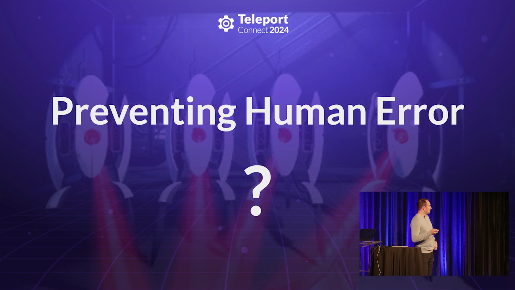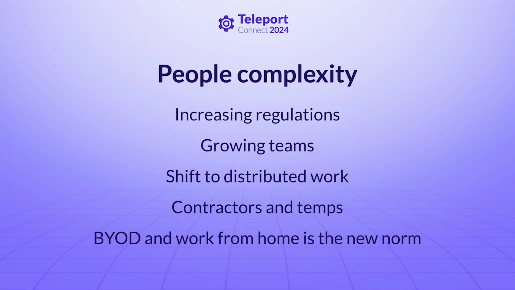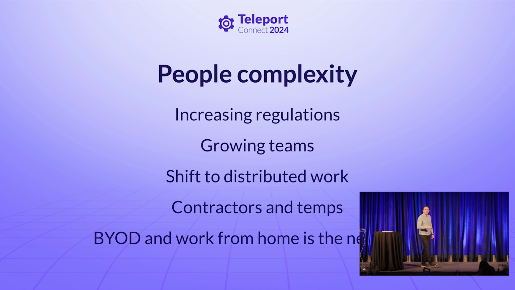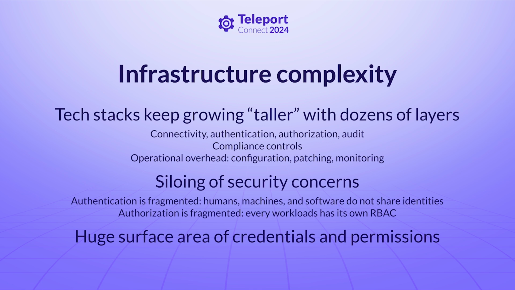So what are the reasons that prevent us from preventing humans from making mistakes? Well, just look at the slide. I'm not going to read every single reason, but as we evolve and as the complexity of computing generally is increasing, as organizations grow, as the world that we live in is becoming more and more regulated, preventing humans from making a mistake gets harder and harder. But the second reason why humans are now making more mistakes than ever, and this is actually the reason I believe identity attacks are on the rise right now, is complexity.